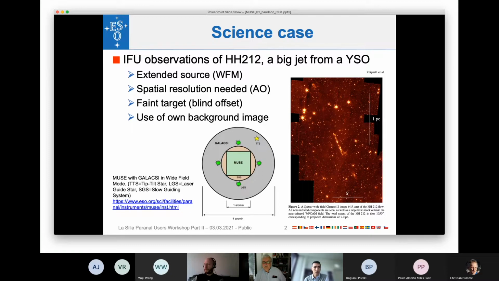Since this is an extended source, so you see here the 5 arc-second bar, we will use the wide field mode of MUSE, since the narrow field mode is too tiny to actually try to cover most of the jet at a given time. We actually want to resolve also spatially the emission from this jet. Therefore, we'll try to ask for adaptive optics. So we'll use adaptive optics in our observations,